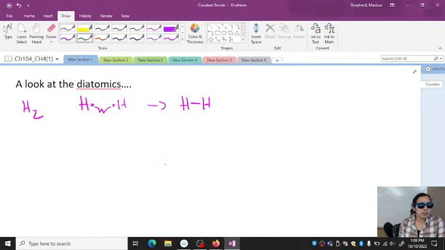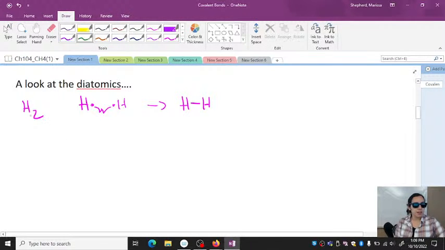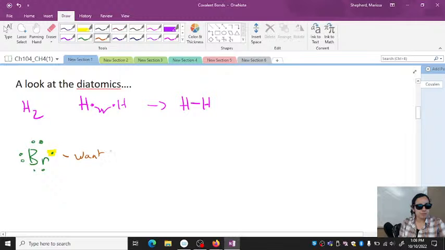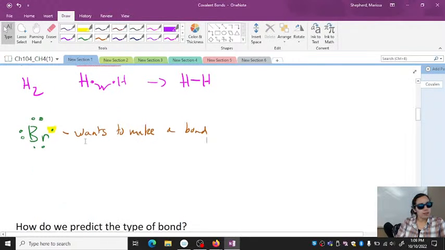This also tells us why the halogens are diatomics. So we could draw bromine or fluorine, any one of them. And so again, octet rule, not satisfied, so it just has one lone electron here. But again, this is kind of telling us it wants to make a bond. So lone bromine would not be stable like that. You would not find that. And so that's why, again, elemental bromine then.